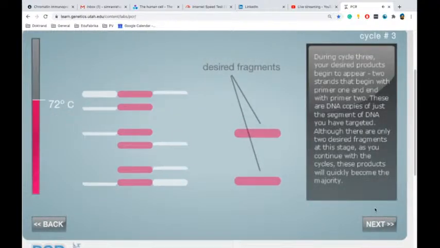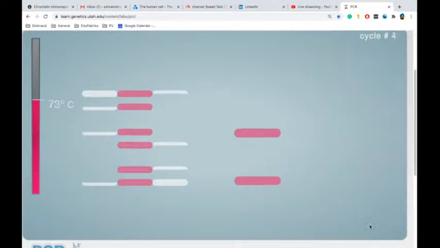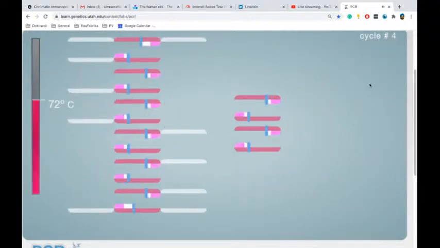So during these 3 cycles, we have two strands that begin with primer 1 and end with primer 2. These are the DNA copies of just the segment of DNA we have targeted. Although there are only two desired fragments at this stage, as you continue with cycles, these products quickly become the majority. So cycle 4,